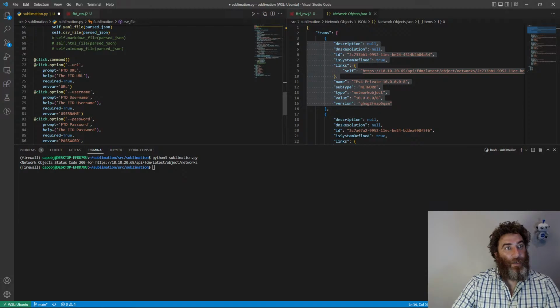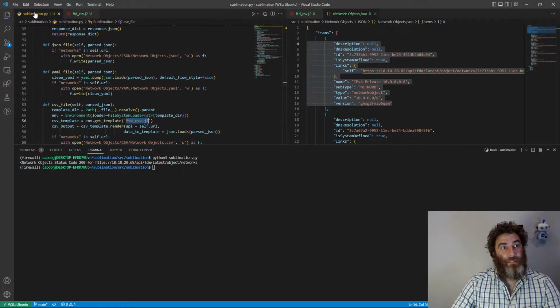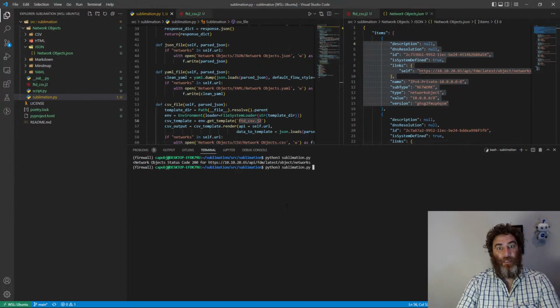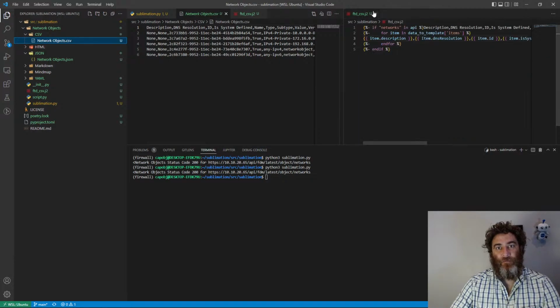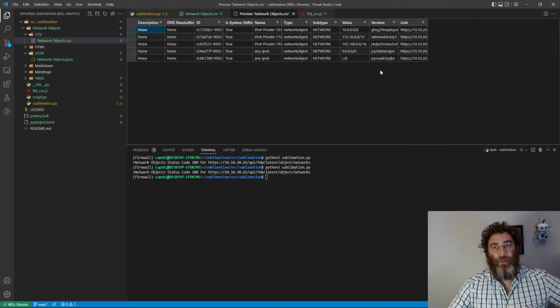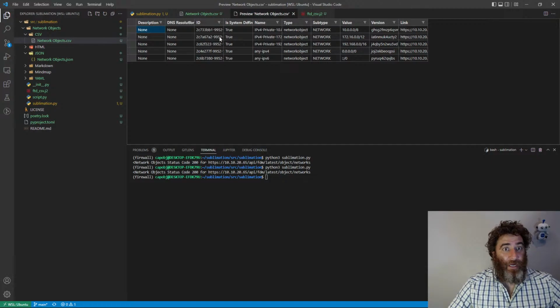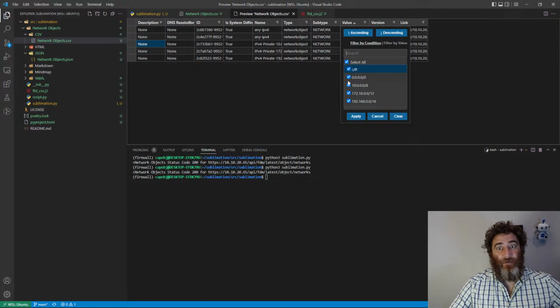I've uncommented the CSV code. Let's save this and let's take a look. I don't know, what do you think? No errors, that's good. And there is our CSV file. That easy, and this is just incredible, right? I can sort them by as system defined, right? There's the different names, the types, subtypes, the value, right? So if I'm only interested in, you know, the default route,